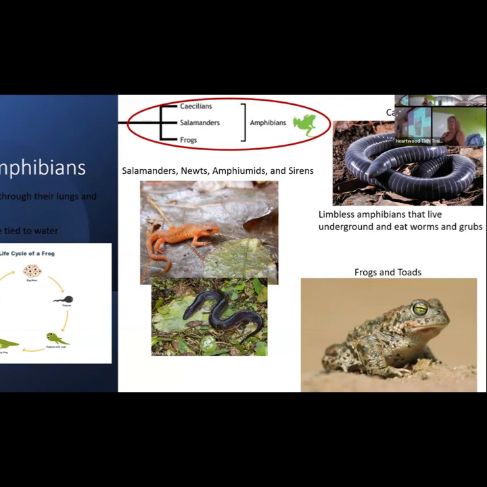And that's why it's so important that if we have bug spray on our hands, or we have dirty hands, that we're not touching our frogs and toads, because they absorb that directly into their skin. So be careful when you're picking up frogs and toads, because what you touch them with, they are breathing.